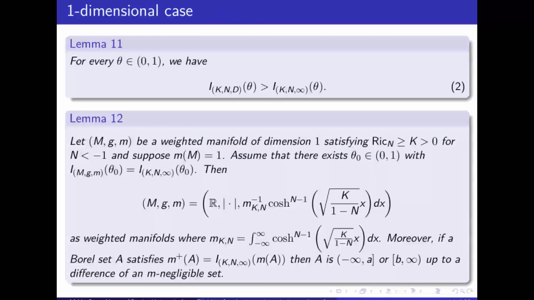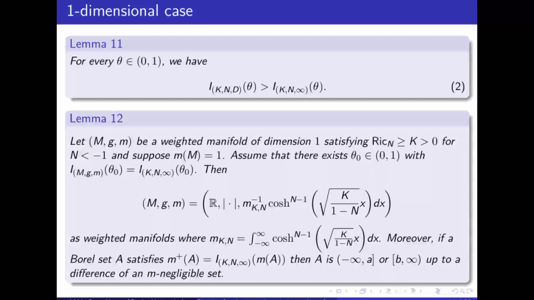But first, let me show you the result in the one-dimensional case. The rigidity in the one-dimensional case is achieved by one-dimensional analysis based on the proof of Milman on the isoperimetric inequality, and the result shows that